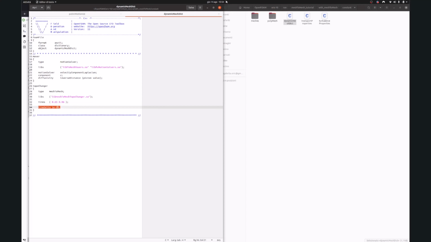Then the time delta t is something related to the time marching, but if you keep this one order of magnitude lower than this, and usually the same value as the delta t in the controlDict, it's fine. If it raises the error, you can just try to make it lower, but it should work with this rule of thumb. Okay, so this is the modification in the dynamicMeshDict,